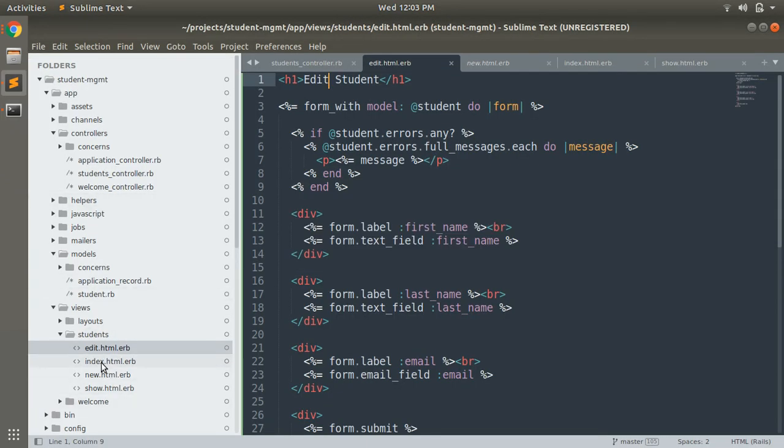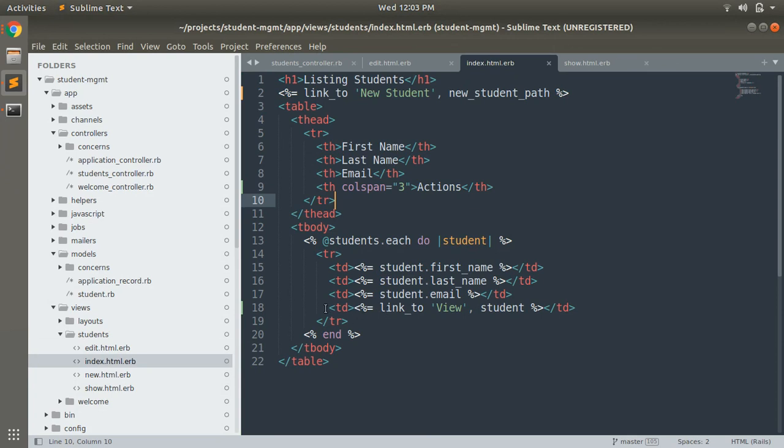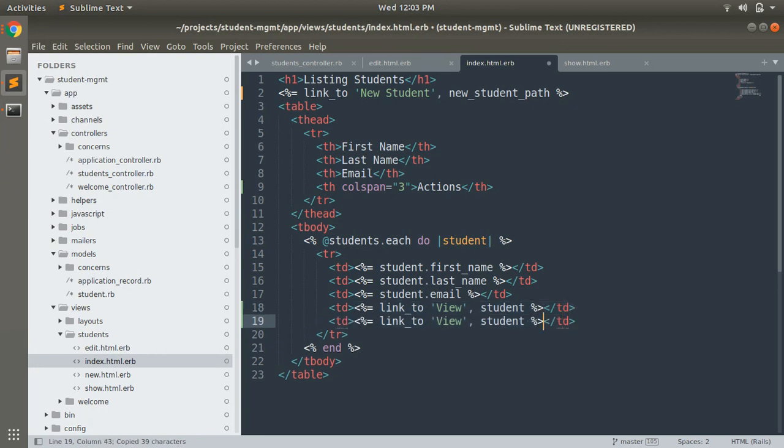Come to the index page, where we have added the show link, copy that link, paste it here and type edit. You need to make the path edit student path, and provide a student object here. Now this link will take you to the path for editing this student.